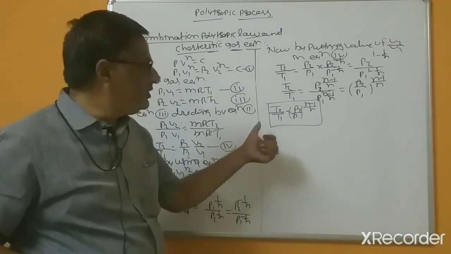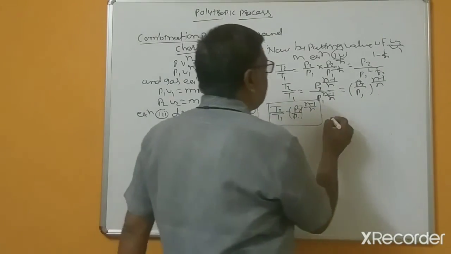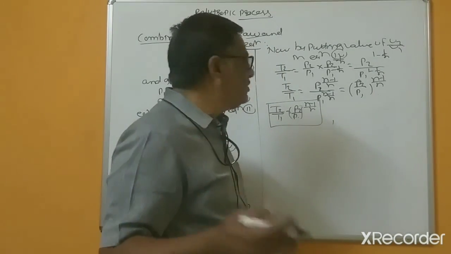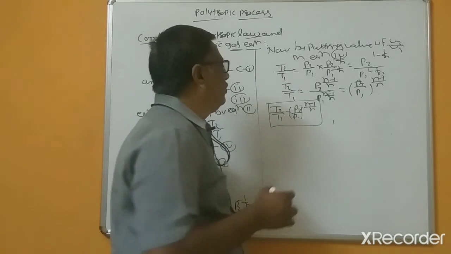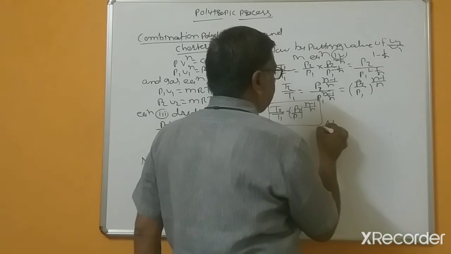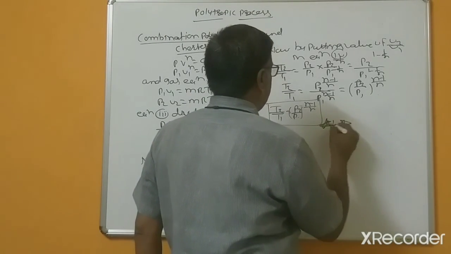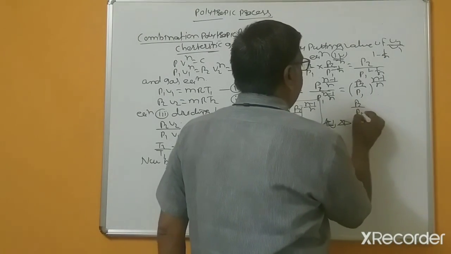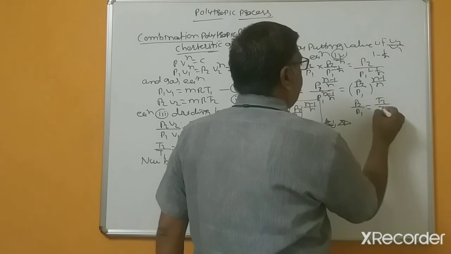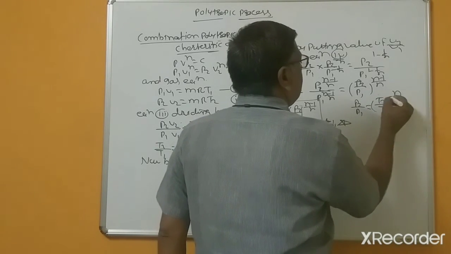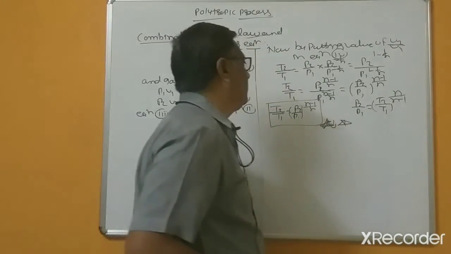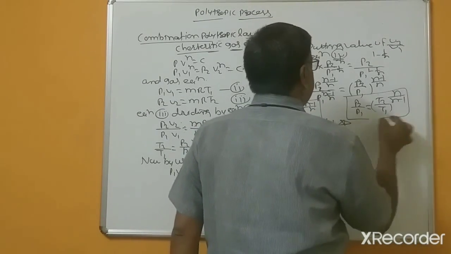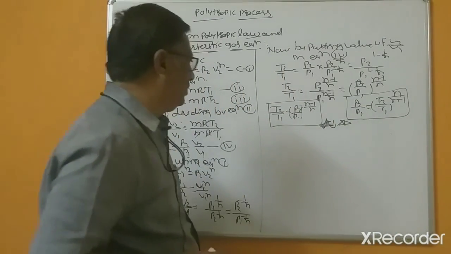So this equation is very important in applied thermodynamics, and in heat transfer, refrigeration, air conditioning. So this is a very important equation. Otherwise, same equation you can modify, and this is P2 divided by P1 is equal to T2 divided by T1 raised to n divided by (n minus 1). And this you can also use. This is clear.